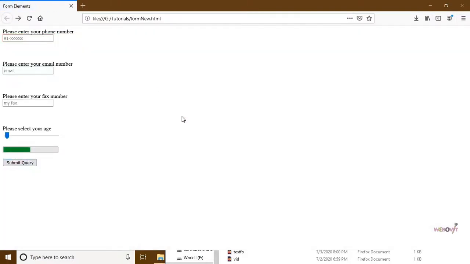So this is the required field, but all these attributes belong to modern browsers. If you are using a very old version of Chrome, Firefox, or an older version of Internet Explorer, these attributes will not work. All these attributes are meant for modern browsers.